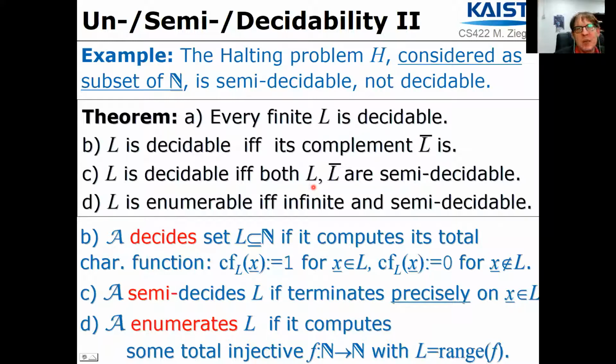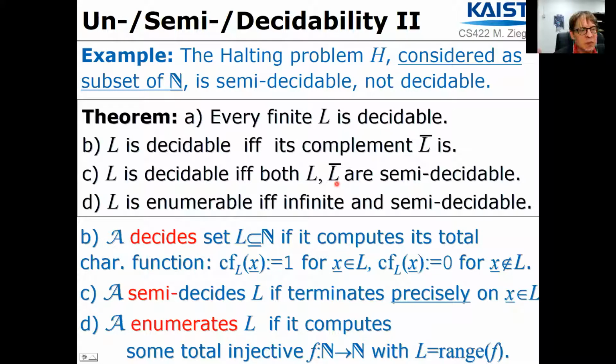So simulate one step from the algorithm semi-deciding L, then simulate one step from the algorithm semi-deciding the complement, then simulate the second step here, simulate the second step here, always, of course, keeping the memories and everything separate so that the two simulations, which are now running pseudo concurrently, do not interfere and affect each other. Pseudo concurrently, because that's actually what your computer does when it seemingly is running several programs simultaneously, as is